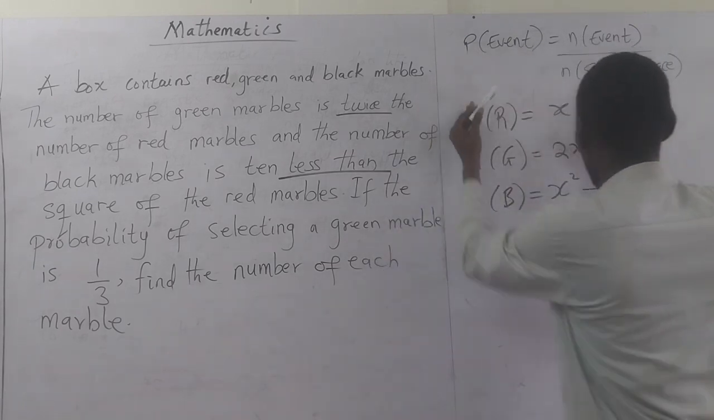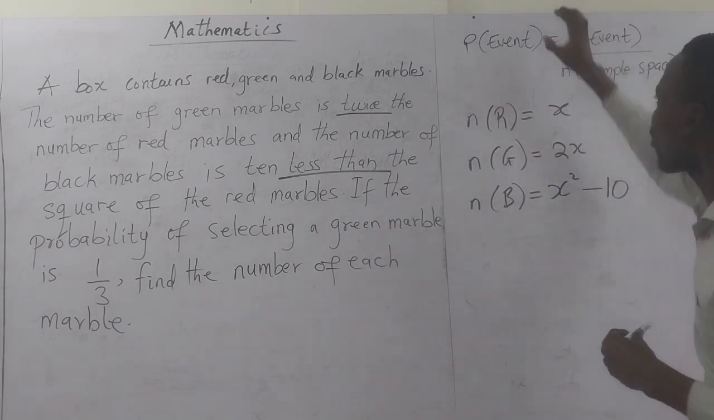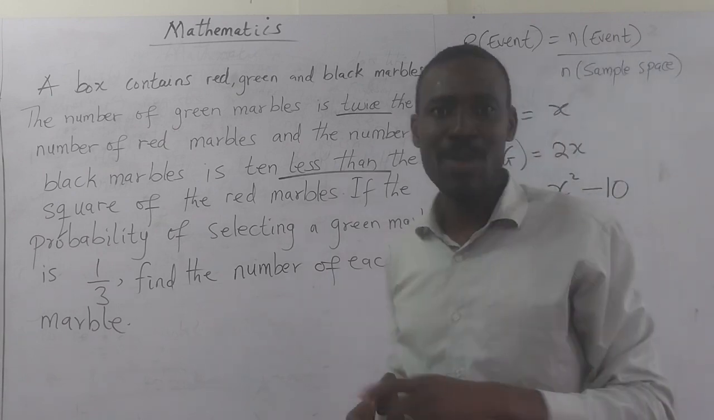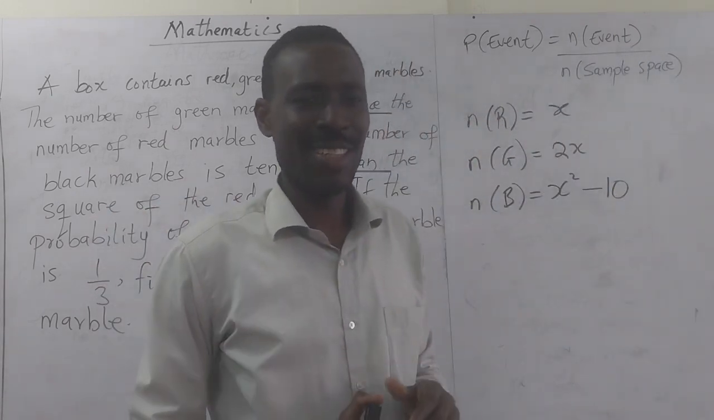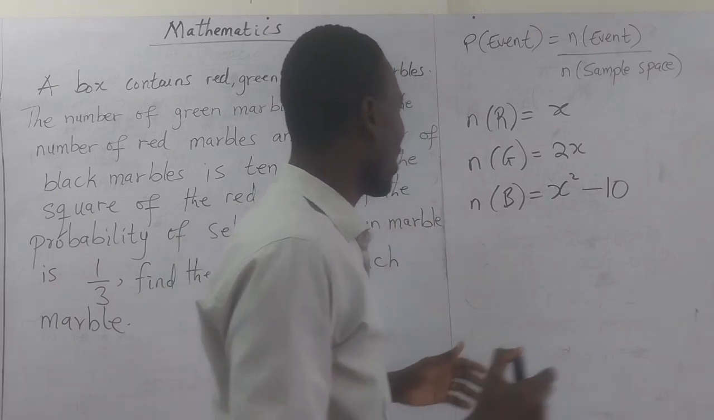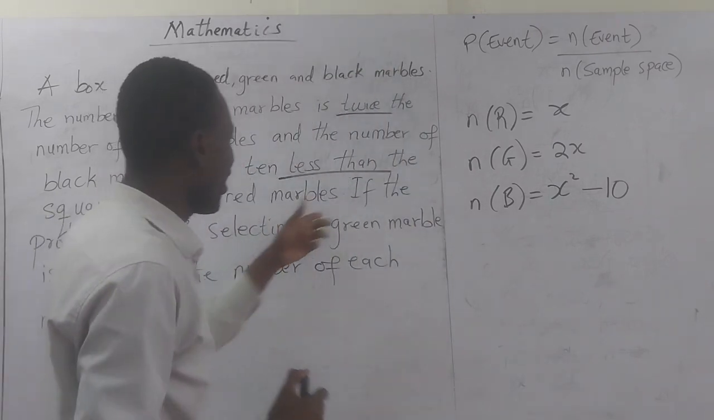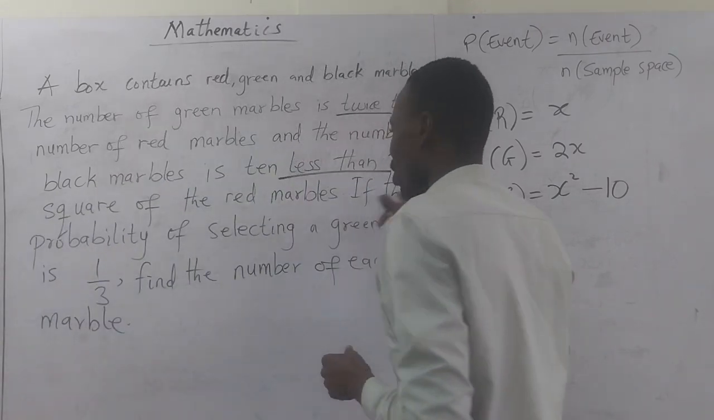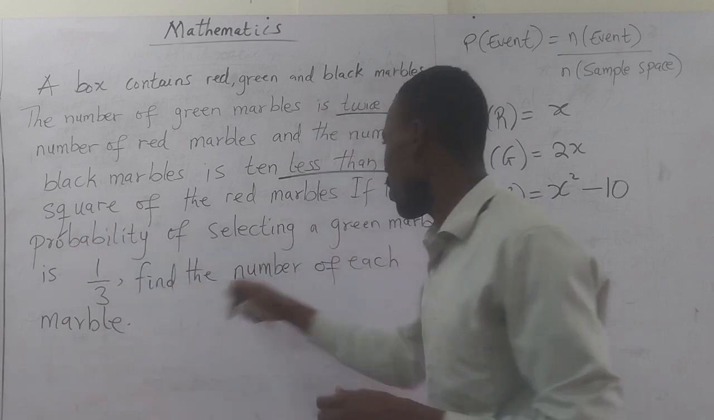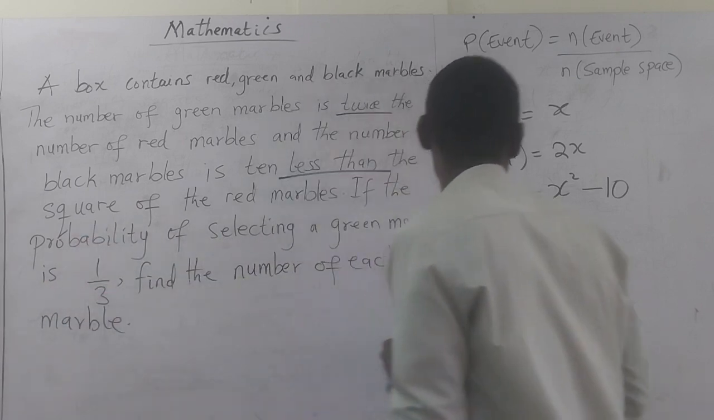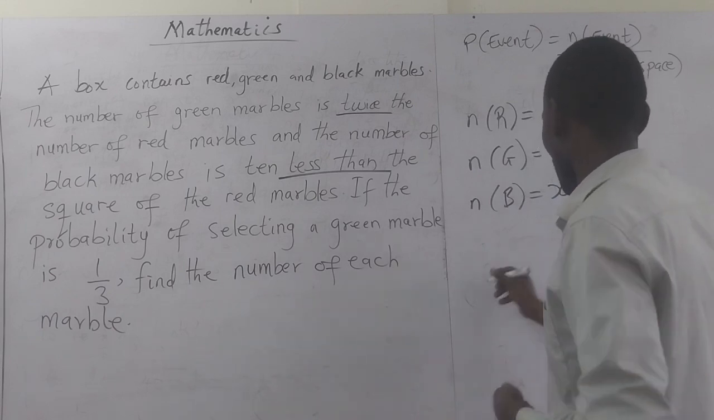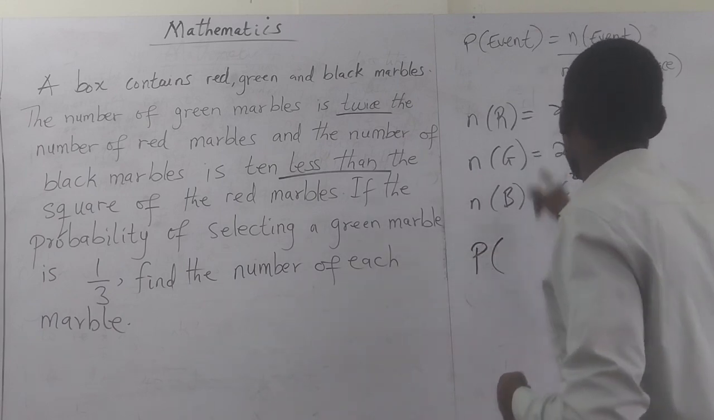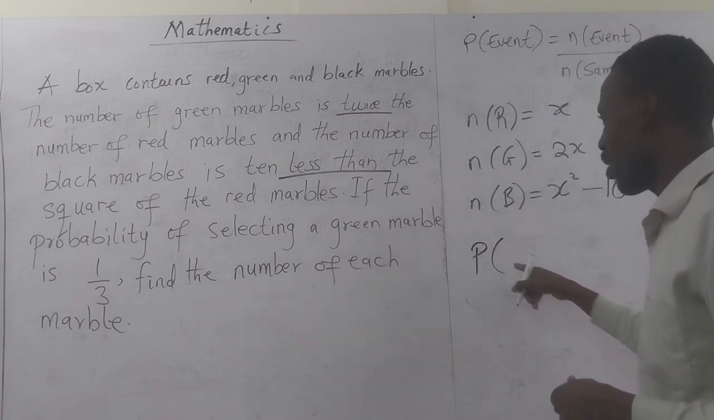Once you are able to write these expressions, coupled with this concept or the formula for probability, I would say 75% of the work is done. So now let's go for the question itself. So we are told that the probability of selecting a green marble is 1/3. And so now let's do the substitution. So the probability of you selecting a green,